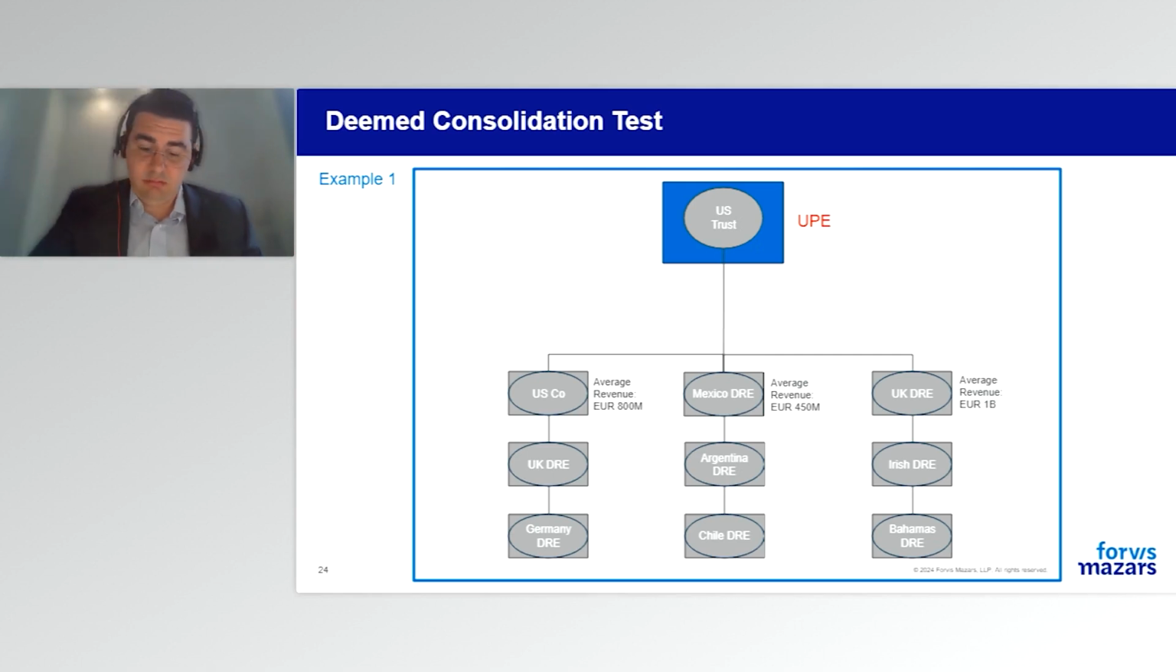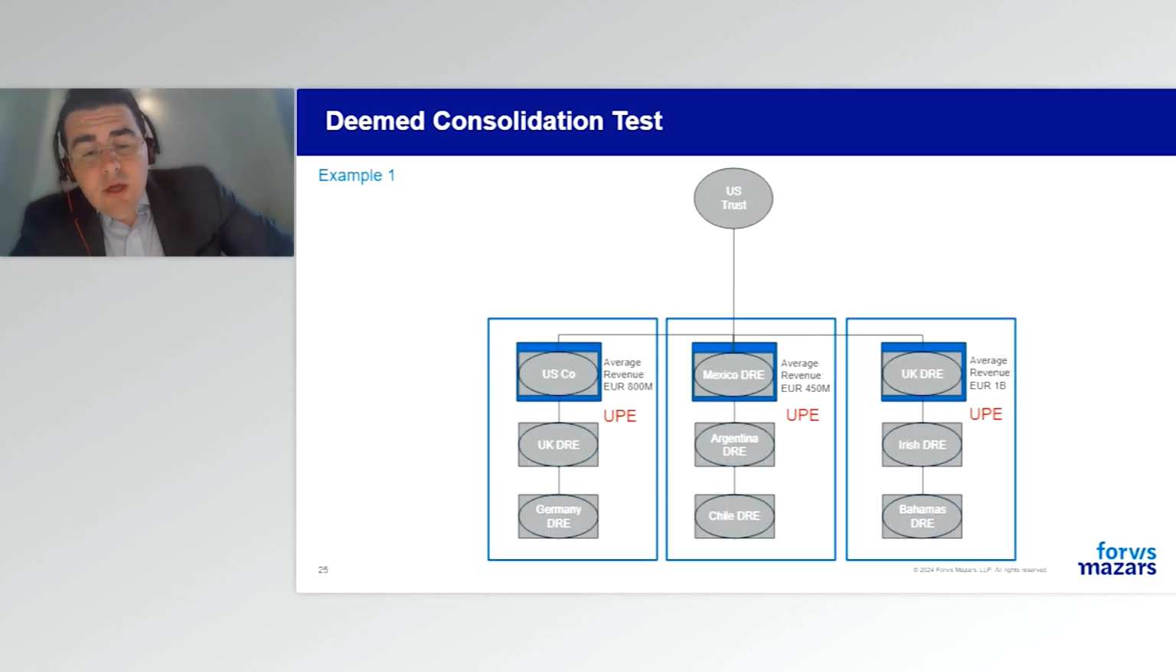Now, let's say, playing devil's advocate, the U.S. trust was not deemed to consolidate under any financial accounting standard. Then you might have a situation where this U.S. trust, by definition under Article 1 of the Pillar 2 rules, is an entity, any separate legal arrangement such as a trust or partnership, but it wasn't deemed to consolidate. Now you have multiple MNE groups, and some, in our case U.S. Co and UK DRE, the tech company and the manufacturing company, are both in Pillar 2,